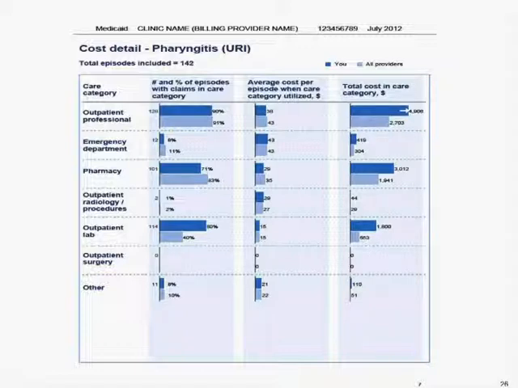So when you look at this, clearly, just to give you some facts on the pharyngitis, something like 60% on the Medicaid data of adults are getting antibiotics for a sore throat. And the prevalence of group B strep, which is the only reason you would give antibiotics for the sore throat, is only 15%. So statewide, we are giving 4 times the rate of antibiotics than there is prevalence of the disease. So you can see the opportunities here for reducing the use of antibiotics, which is a good public health